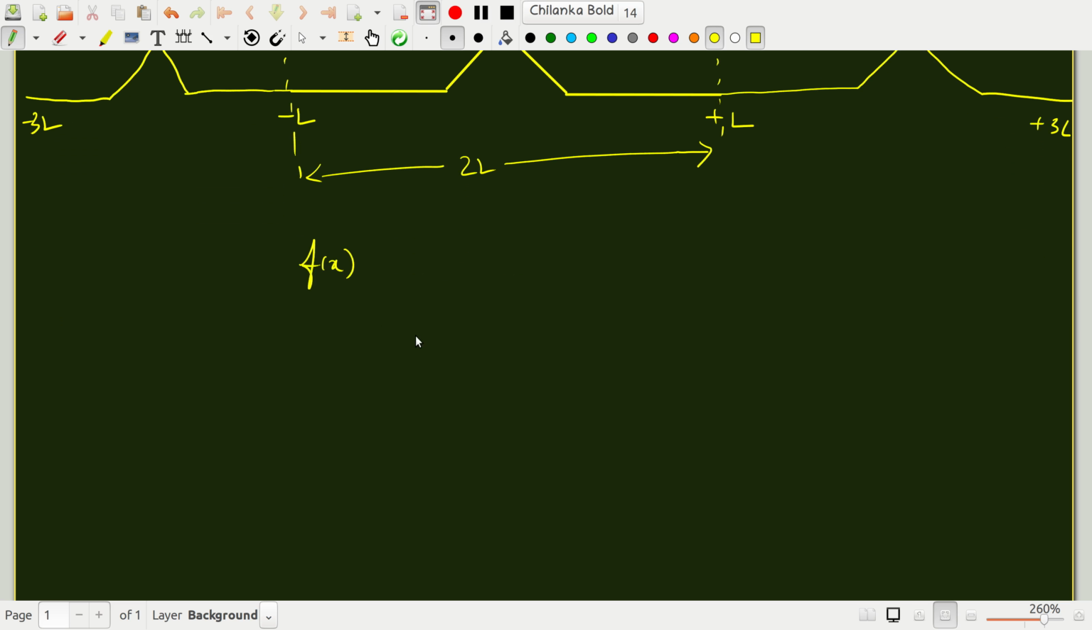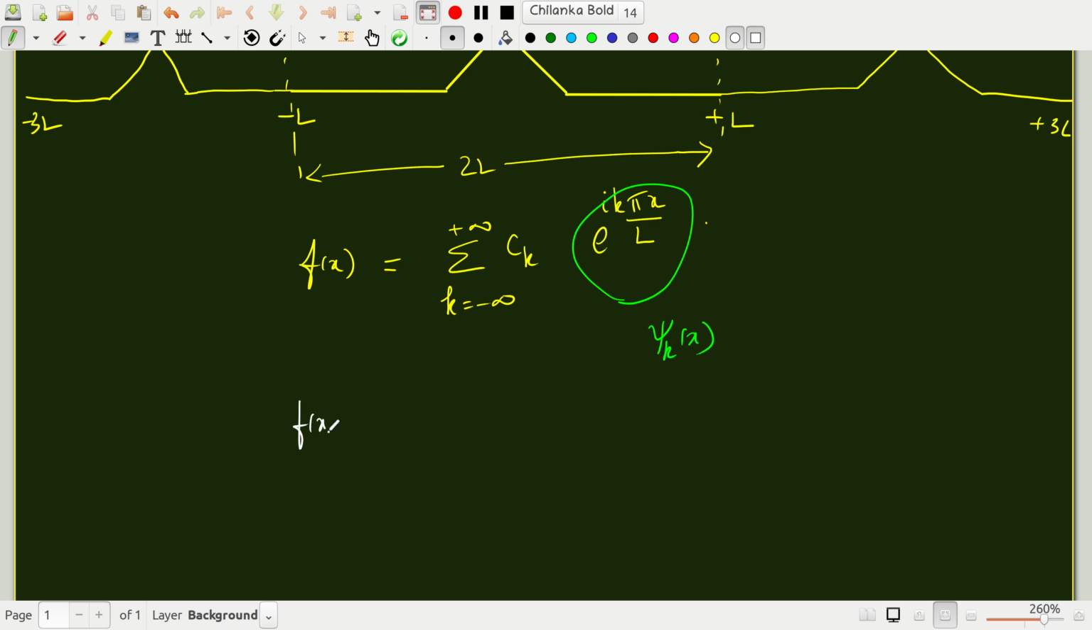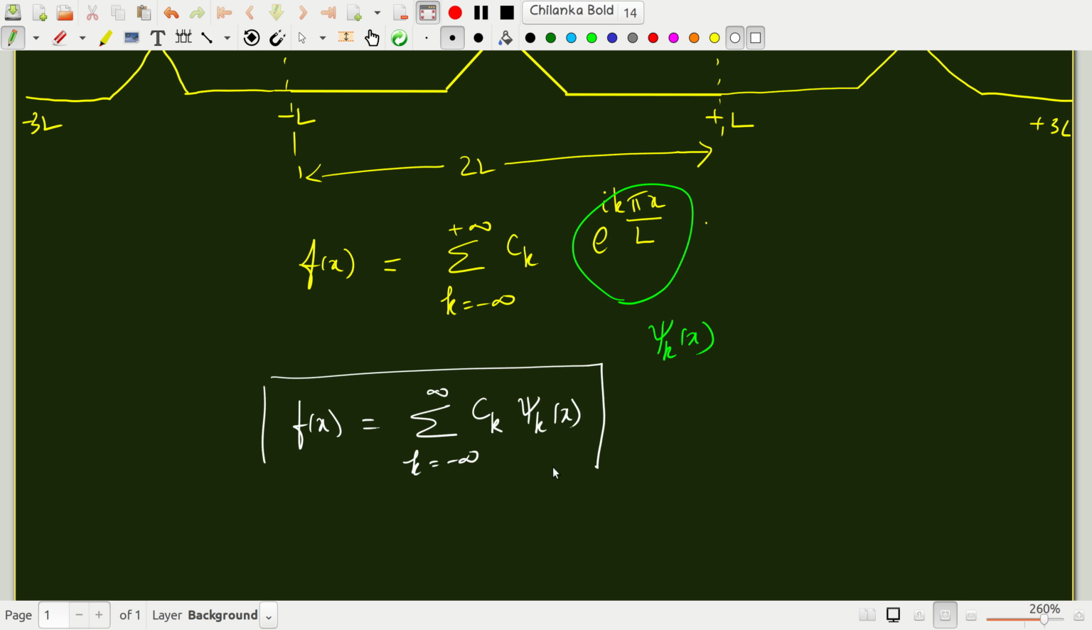This is what we saw in the last module, and what we also saw is that if you were to generalize this, suppose you wanted to say f of x is the sum from k equals minus infinity to plus infinity of ck e to the I k pi x upon L. This is the Fourier series, and if you wanted to think of this as psi k of x, then we can write f of x as simply the sum from k equals minus infinity to infinity of ck psi k of x. This is basically the idea of an eigenfunction expansion,